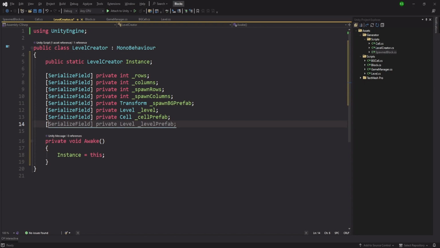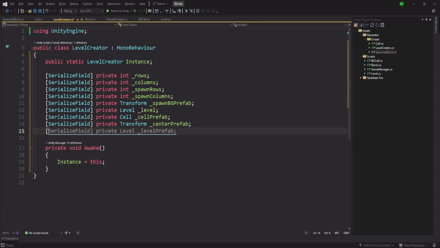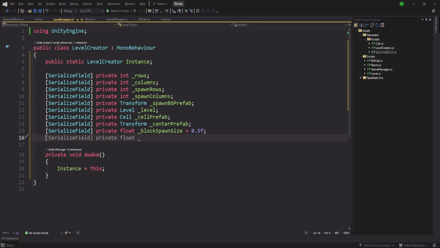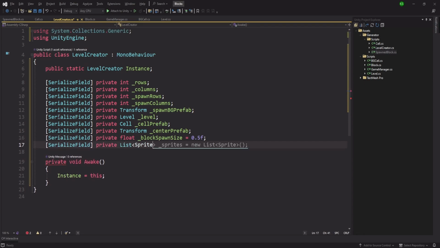Serialized field private float, private transform, and this is going to be our center prefab. And serialized field private float for our block spawn size. By default it is going to be at 0.5, but if we need to change it, we'll change it from there. And we are going to have a private list of sprite for our block sprites,